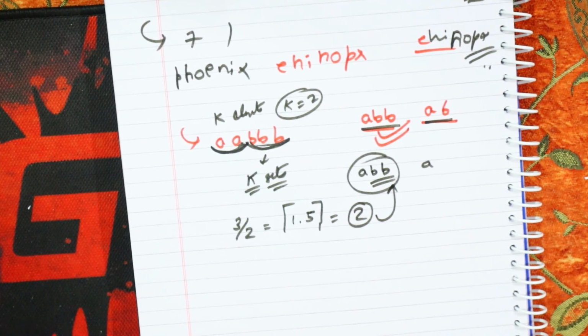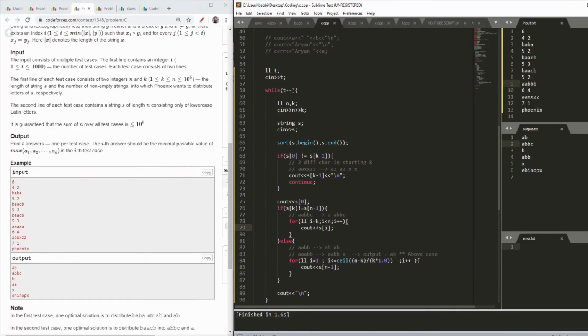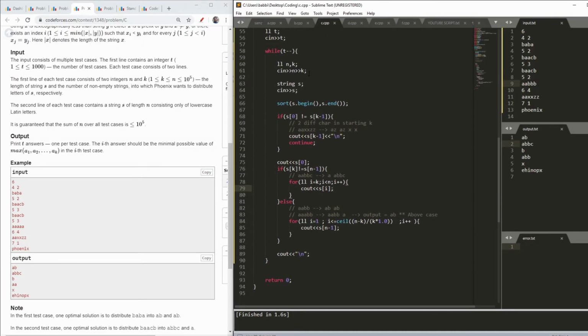So I guess that you guys got these 3 conditions which I told you, and now I will show you my code in which I write these 3 conditions so that it will become much easier for you to understand. So let's move on to the code. And first of all I had t, as you can see, then I had my n and k, which indicates the length of the string, and the k sets, or you can say the multiple strings in which we want to have my S string.